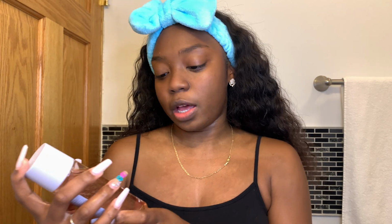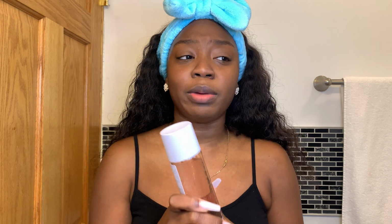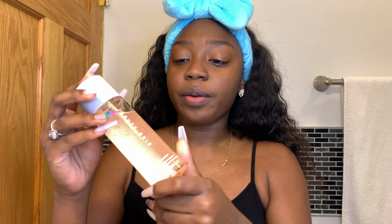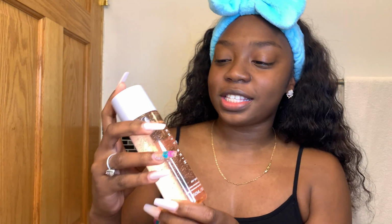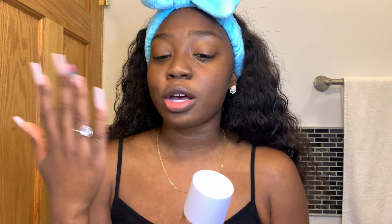The next product that we have is going to be the Fat Water. This is going to be a toner. This is not like the typical toners that I use, because most of the toners that I use are a little bit more liquidy. But with this, the consistency is a lot different than what I'm used to. With other toners that are more runny, you would have to use a cotton ball to apply it. But with this,